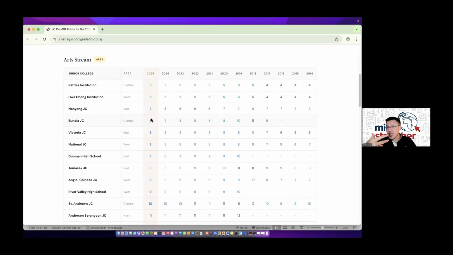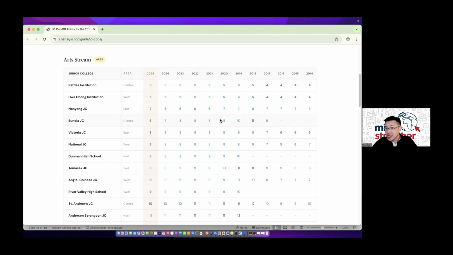And some questions that we do often see from students is, number one, some of you may even wonder, for a start, how do we even determine all this to begin with? So maybe just to clarify for everybody's benefit, the cutoff point itself, you can think of it as the points of the very last student who made it into the school in the previous year. So all these points are not based on this year because this year has not passed, correct? These are all based on last year's exercise.